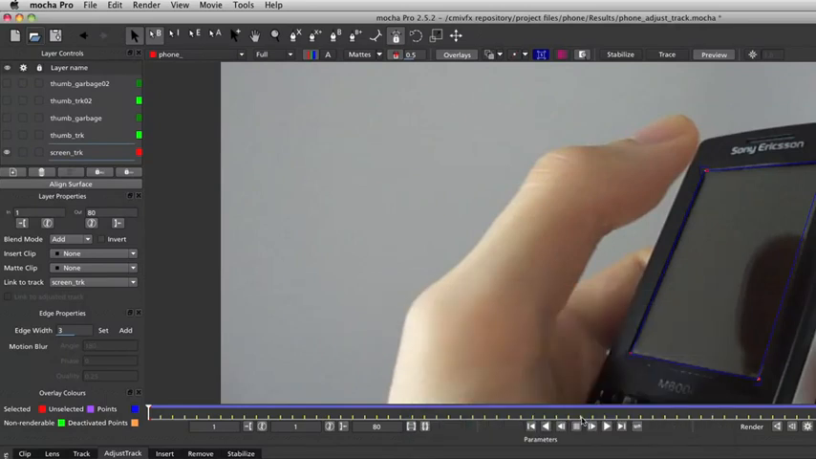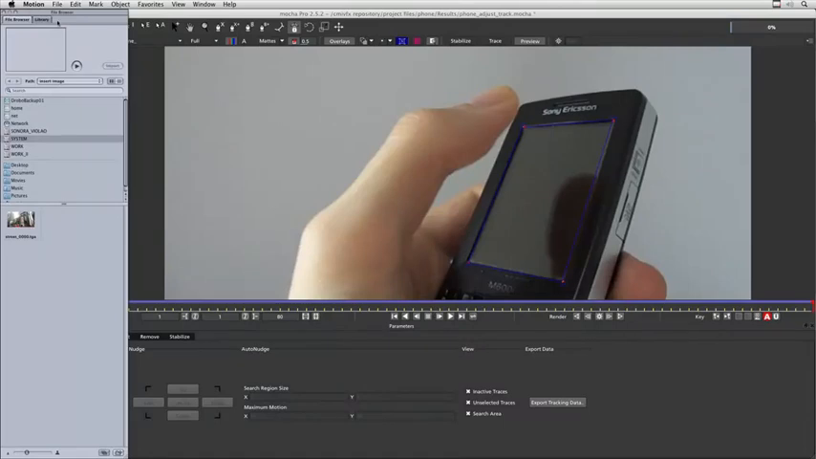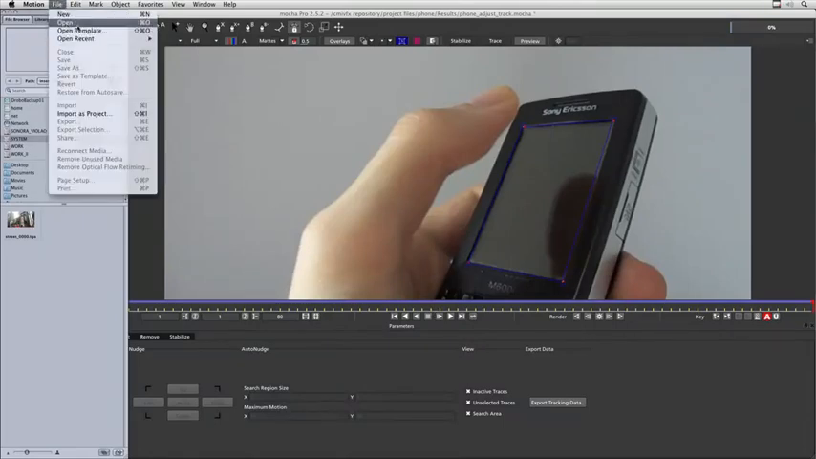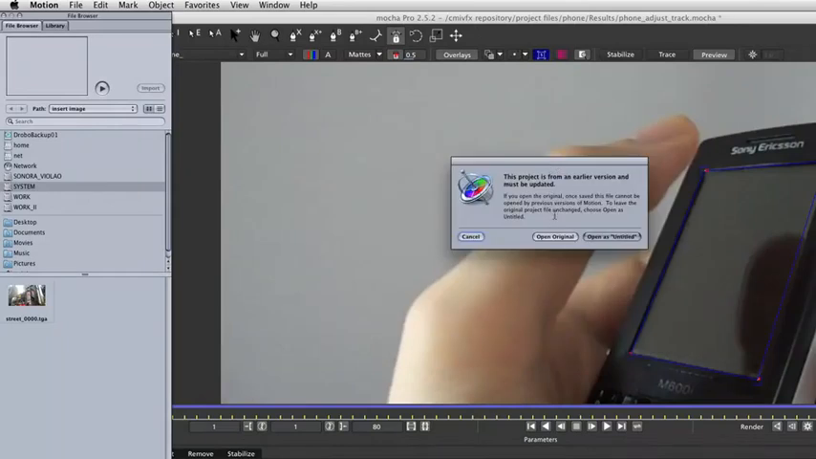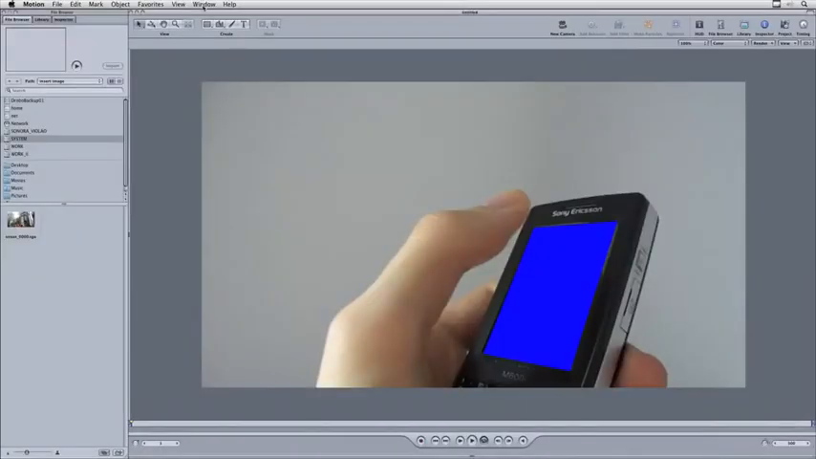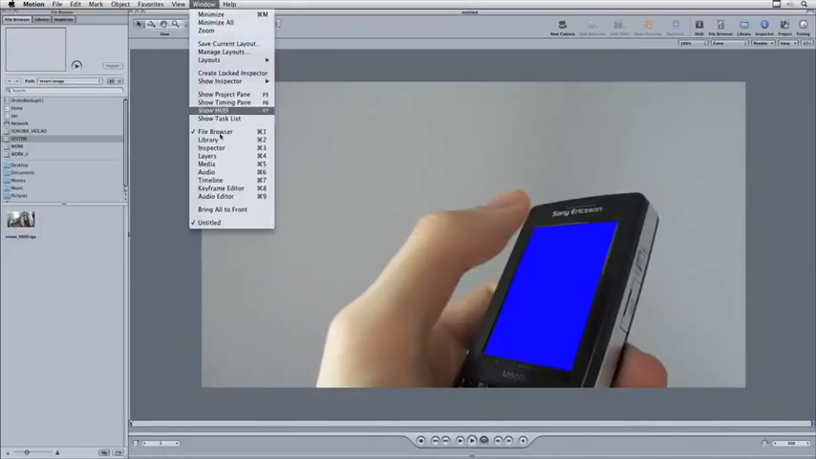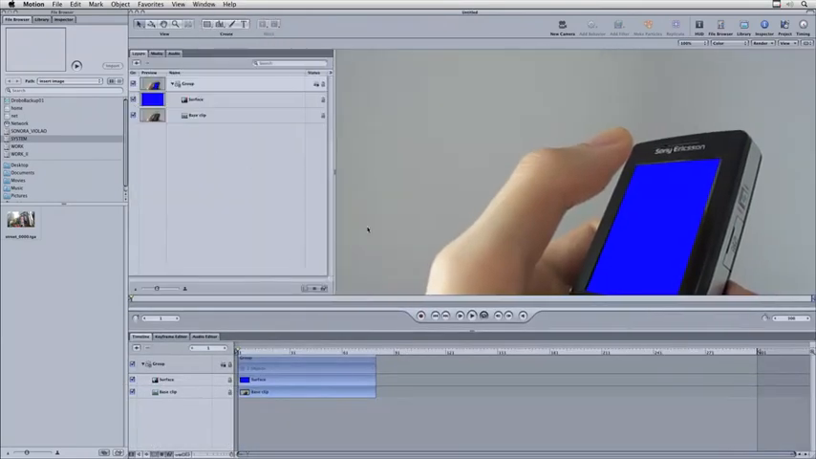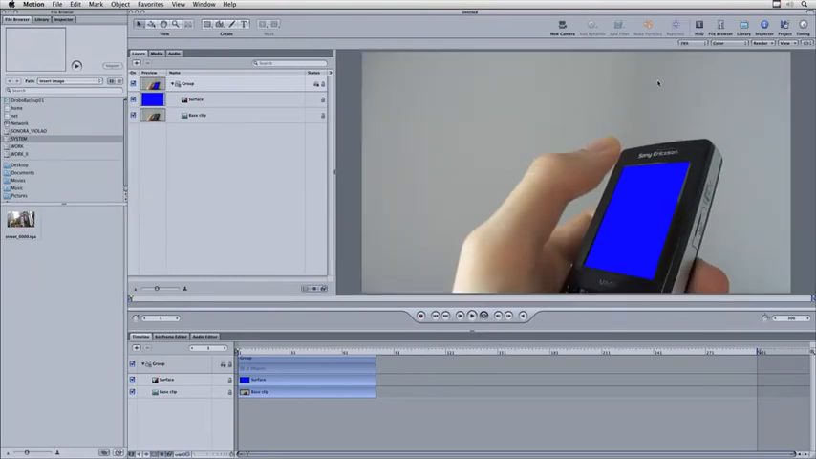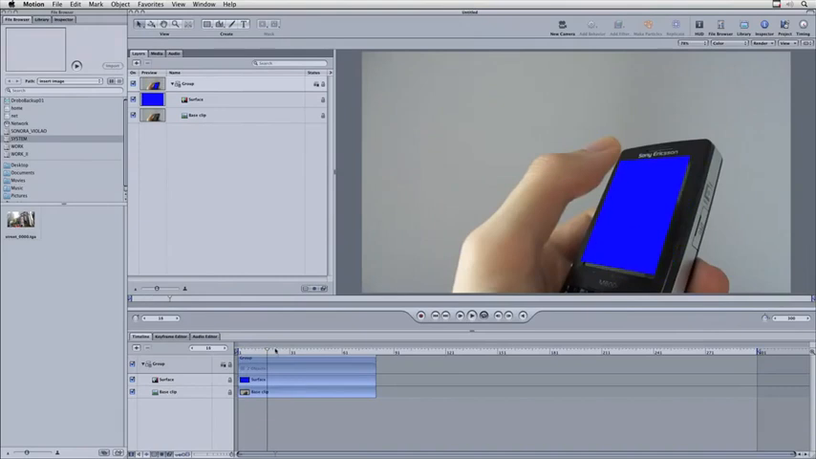And now I will move to Motion and open my project, locate file. It is asking if you want to update the project file. You can choose any option here. And now I will load my timeline and also my layers tab and resize my image to fit the window. And you can see that the surface is working, but the background image is not animated,